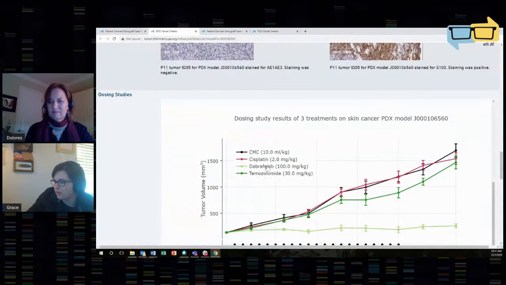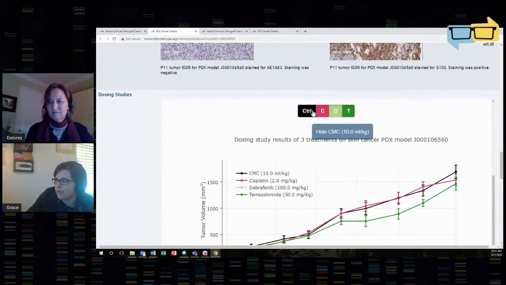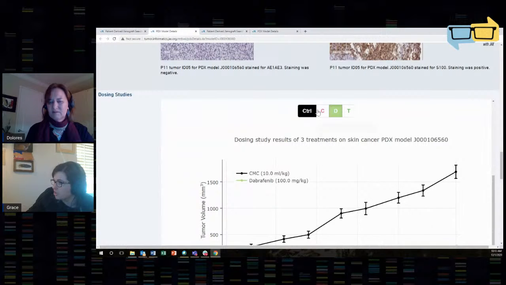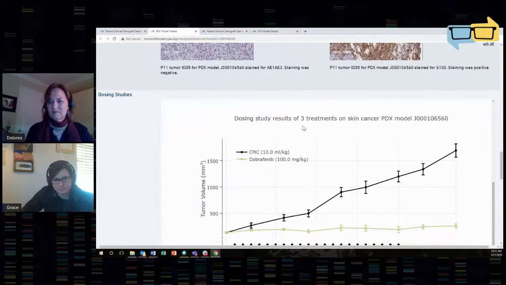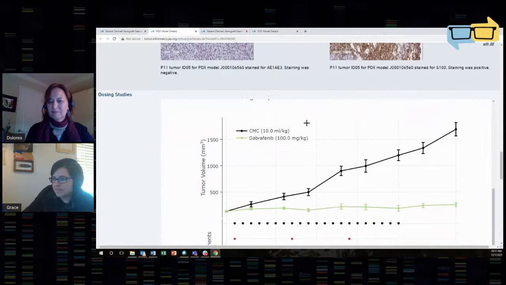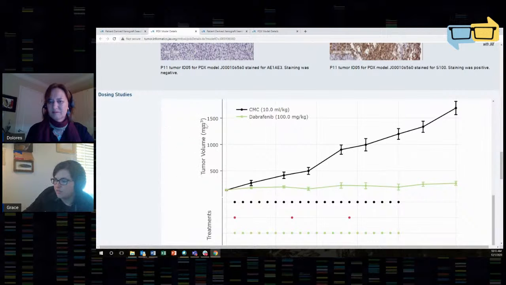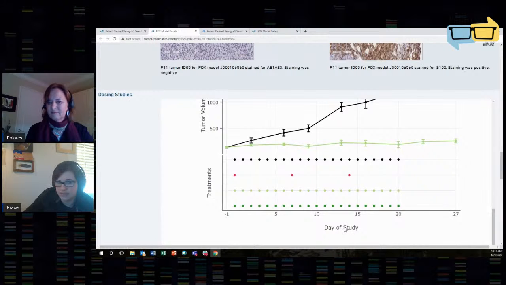And so I'm going to zero in on our control and the dabrafenib. So again, that BRAF inhibitor specifically. So I'm just going to toggle off, so I'm just showing those two groups for clarity. And then what we see is tumor volume here on our y-axis, and then days of the study down here